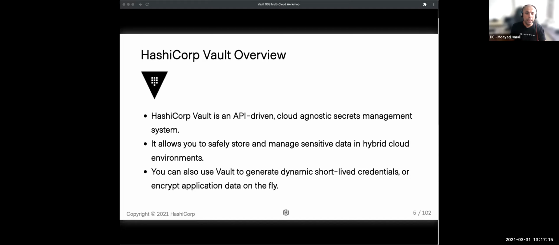The ability to do that is becoming a lot more important these days, and we'll go through that shortly. Also, Vault allows you to generate dynamic short-lived credentials, so just-in-time credentials for target systems that you need access to, that are rotated, retired, and well maintained. We'll go through some examples of that also.